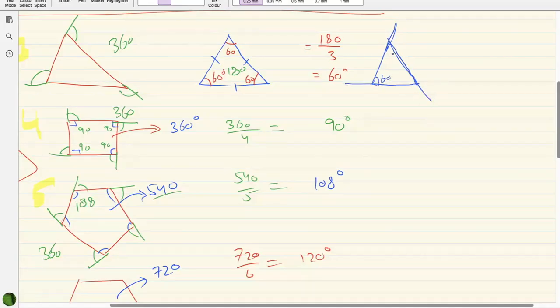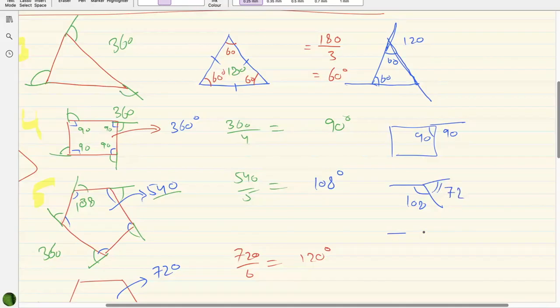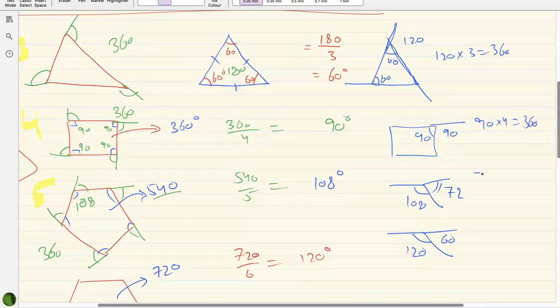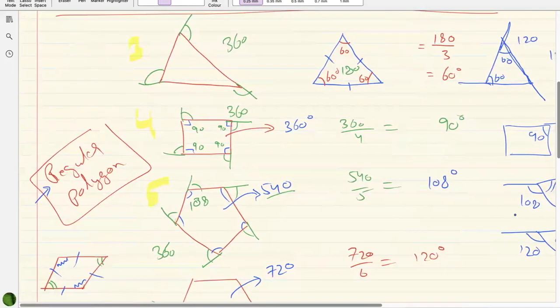So we had 60 as interior, this is 120. And when we had 90 as interior, exterior decreased. When we had 108 as interior, exterior decreased further. This is 120 and this is 60. So 120 times 3 was 360. 90 times 4 was 360. 72 times 5, 360. 60 times 6 is 360. And it keeps on going. We're just taking 4 examples for discussion and it keeps on going. The pattern stays the same,